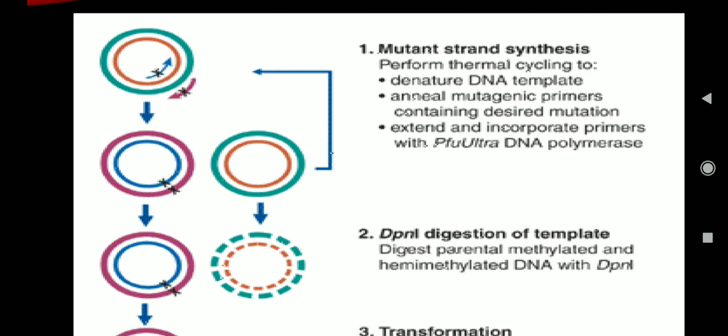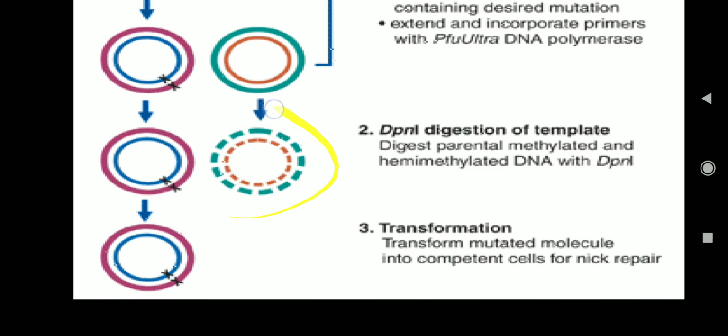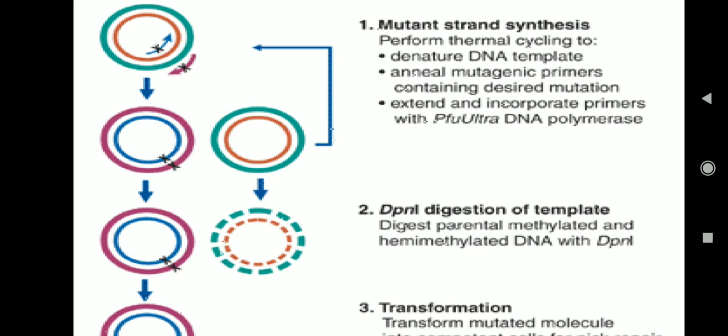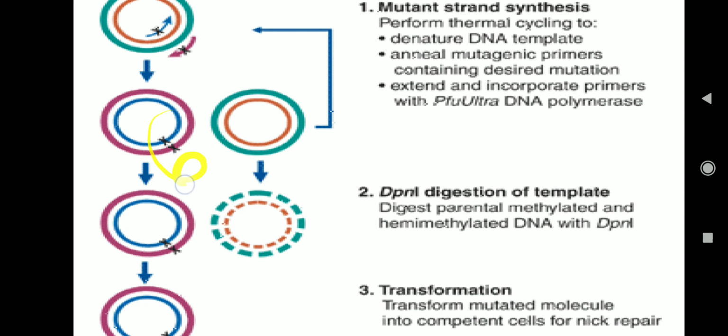We have created a primer. We are going to allow the primer to anneal to the target DNA at the site of the gene of interest. The primer has a mutation. Now when you allow it to amplify in the PCR, what happens after amplification? You get two types of DNA. One is wild type DNA, and the primer synthesizes DNA here, so you get a mutated DNA as well after amplification.